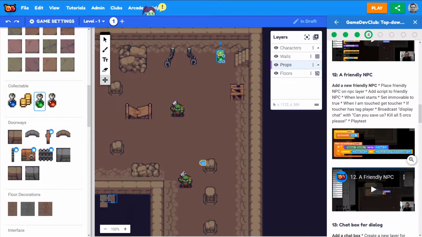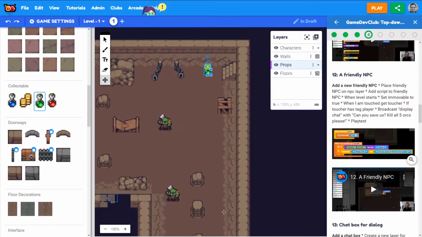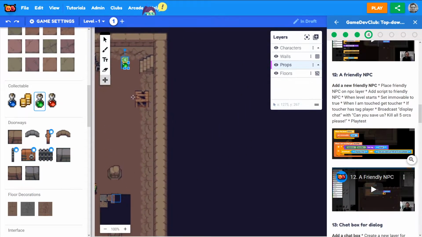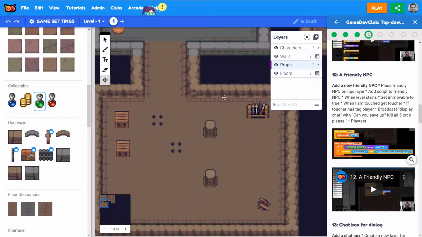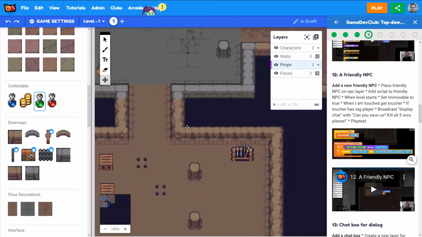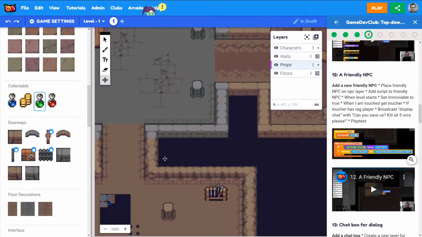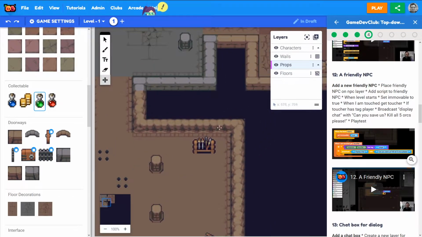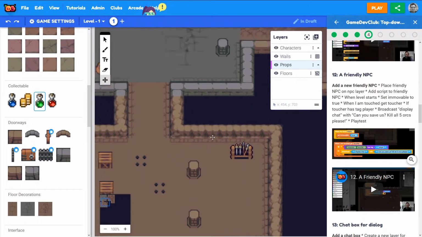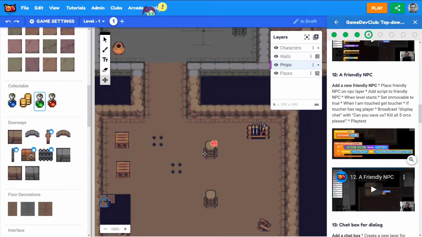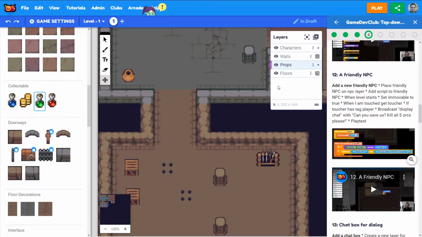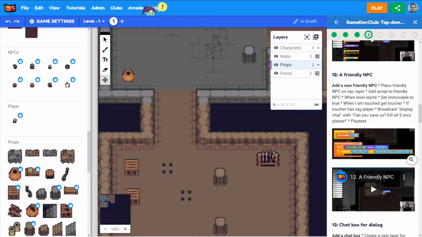Once I defeat these guys and collect the health potion, maybe the character that gives you the quest should be down here. Okay, let's do that. So I want to find a friendly NPC. Who could I use? Well,